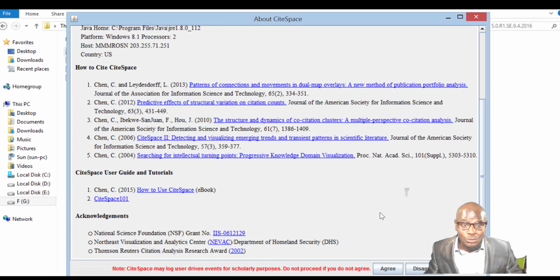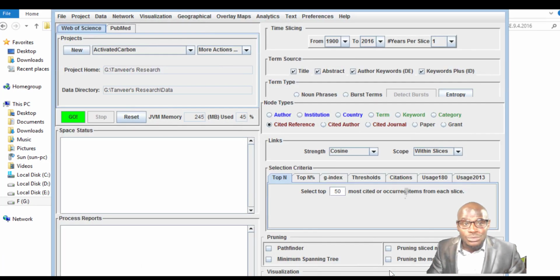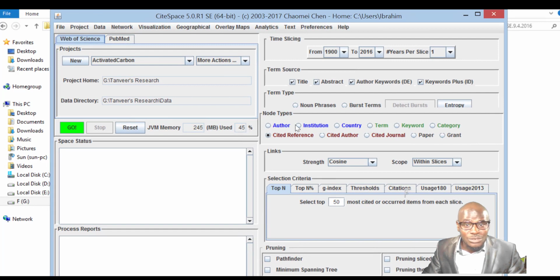Okay, so to proceed, let's say I agree. Of course, every time you have to do this when you want to use the software. This is the first screen that pops up when you open CiteSpace for the first time. It looks like this. It has these menus here from the file and so forth. So for you to use this thing,